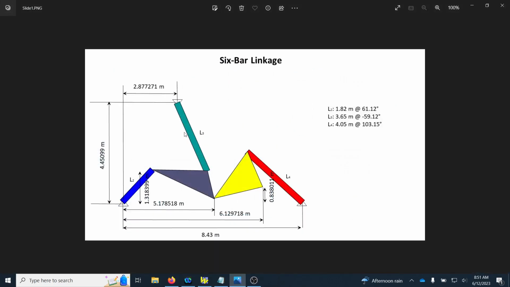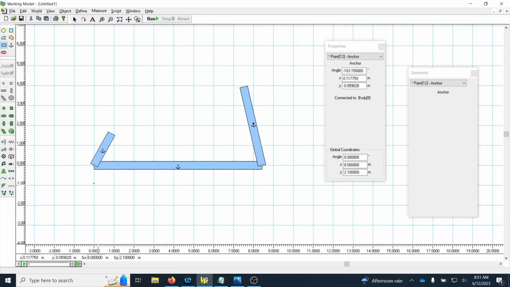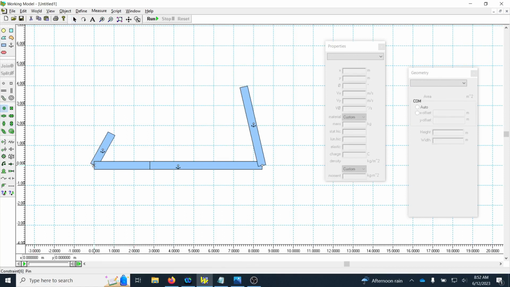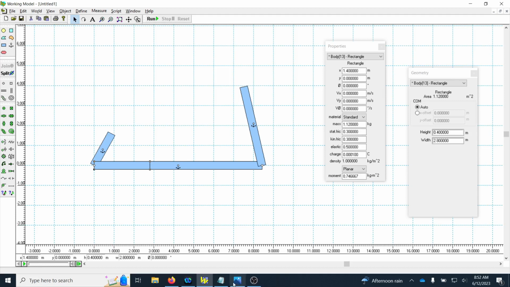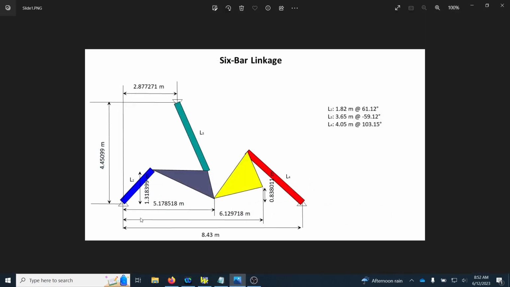Now I have to create this link 3, which has its pin at this point, at 4.45 something in the vertical direction and 2.877 something in the horizontal direction. So I'm going to create a couple of guide links to get to this point, and then I'm going to remove them afterwards. So let's create a horizontal link first from here, and I want to pin it right there and then change its dimension to